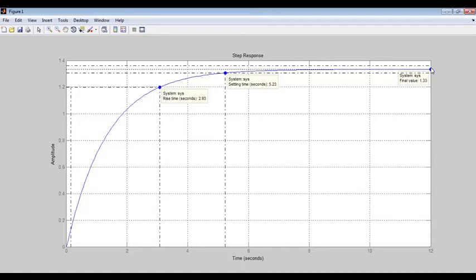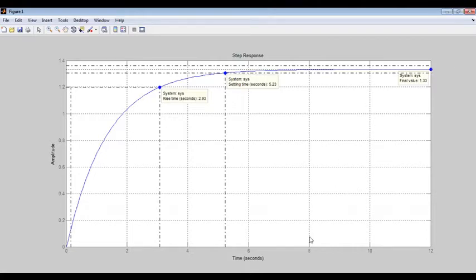You see that again the system is stable because we are adding the poles only on the left half of the s-plane. You know that when you add poles on the left half of the s-plane, the system will be stable. Only if it is on the right half of the s-plane, the system becomes unstable. But you see that there is a change in the values of these time domain specifications that you have to observe. Okay, so next, case 4.